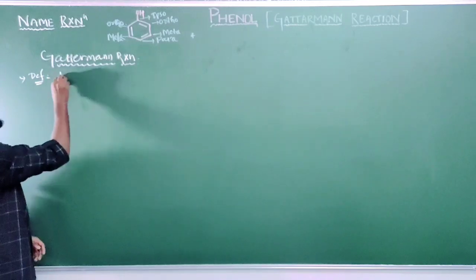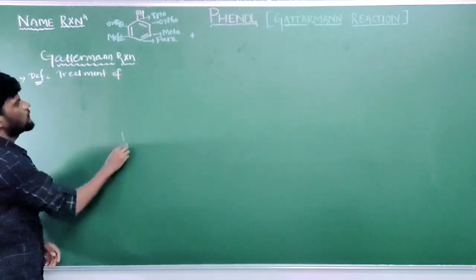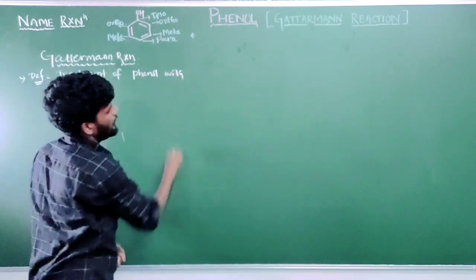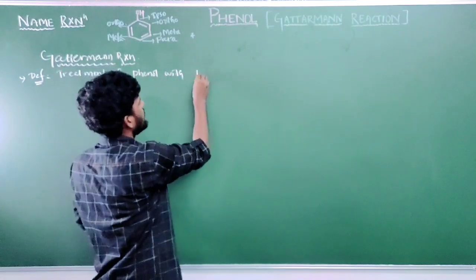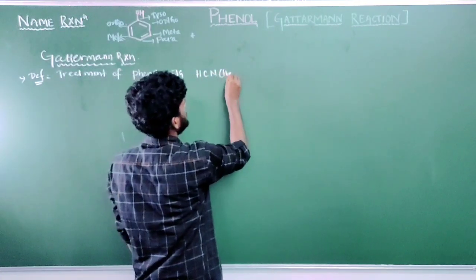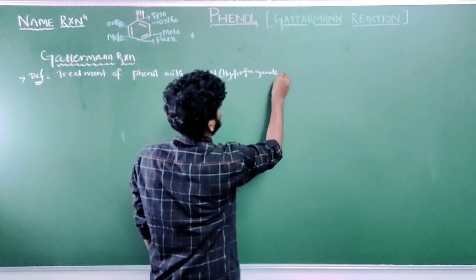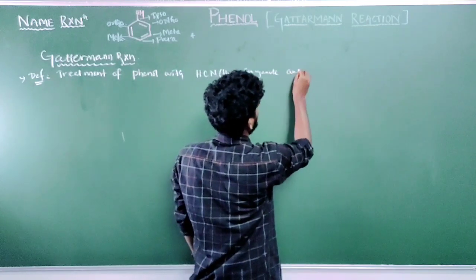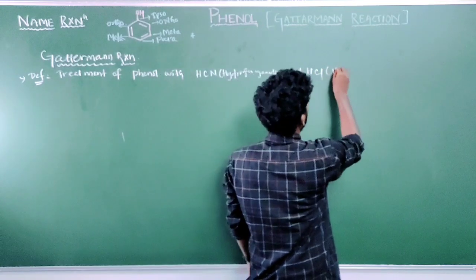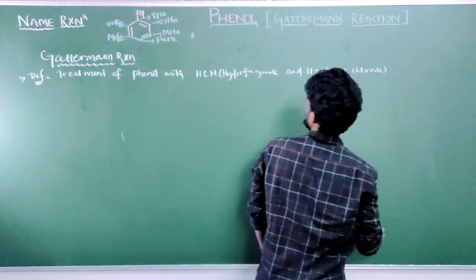Treatment of phenol, starting material phenol, with hydrogen cyanide, HCN, in bracket write hydrogen cyanide, okay, and hydrogen chloride, HCl, hydrogen chloride, in presence of